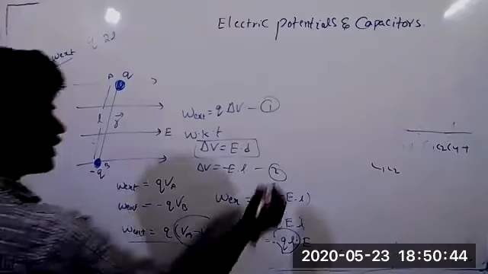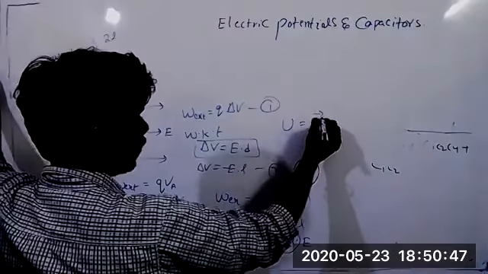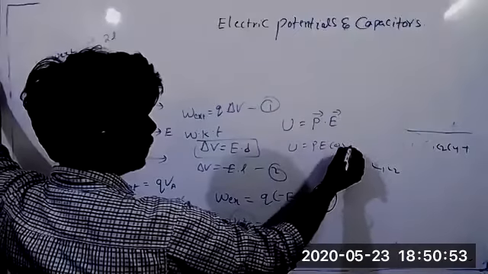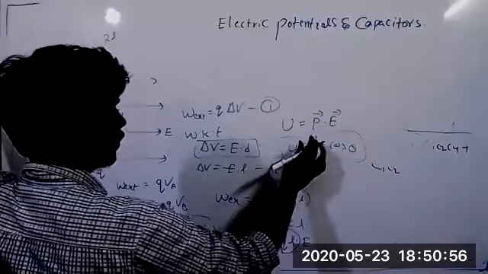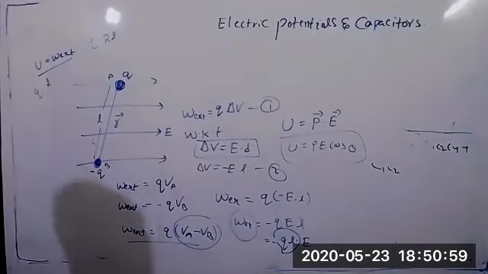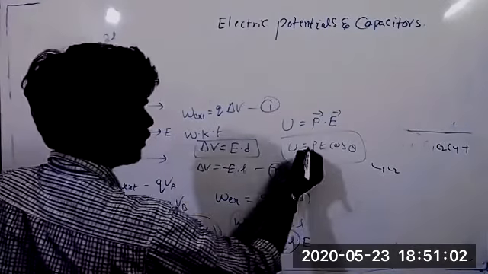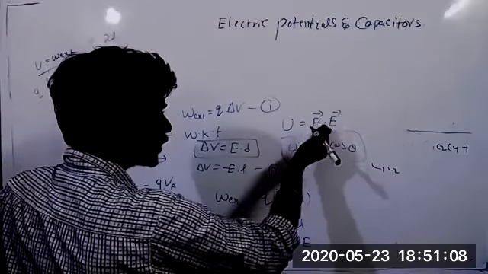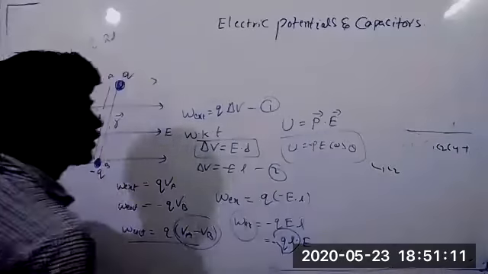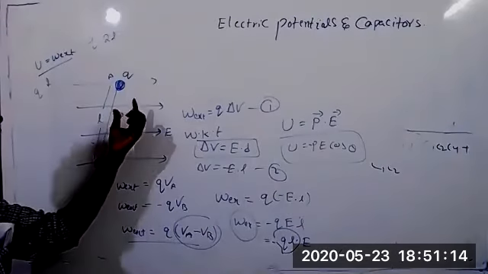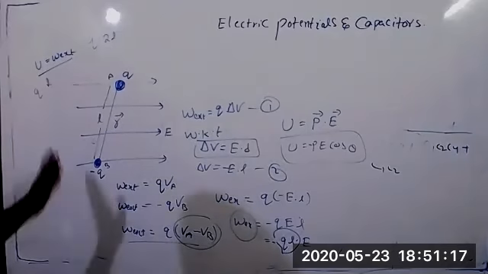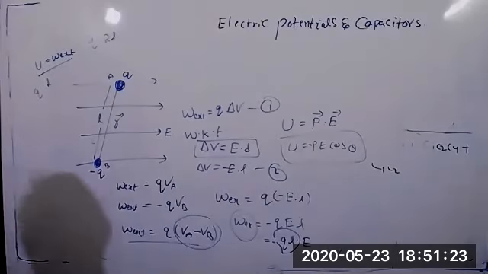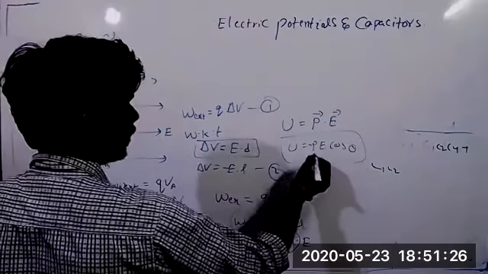The total is 2L, the electric dipole moment. Yes. U equals P bar dot E bar. So U equals minus PE cos theta. Potential energy is definitely a scalar quantity. That is the reason the dot product of two vectors comes as a scalar. So it is the potential energy when you place a dipole in the electric field. Which electric field? Uniform electric field. Here, what is the angle? This angle theta is between P and E.